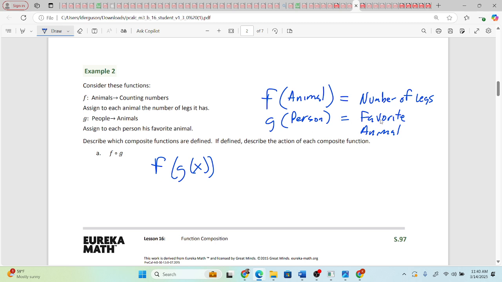so my output would be the animal. But then if I look at my function f, my input needs to be an animal, then I get out a number. Does everybody understand that if I have g as the inside function and f as the outside function, that works? For instance, let's do Danielle. So if I said g of Danielle, or I'm just gonna say Danny,